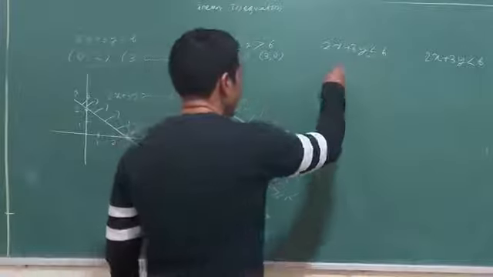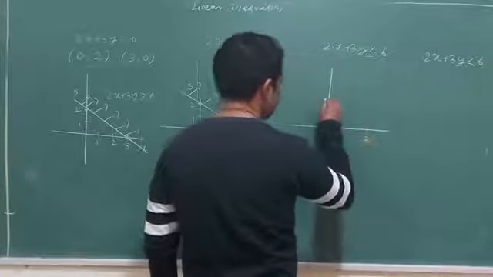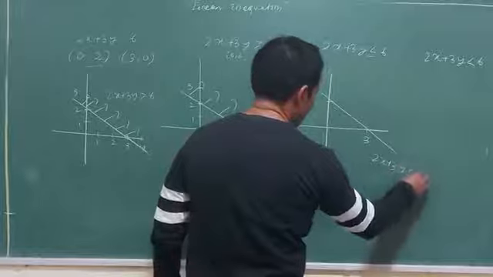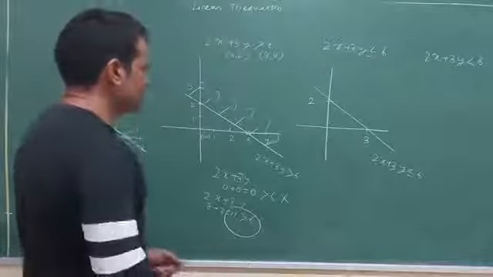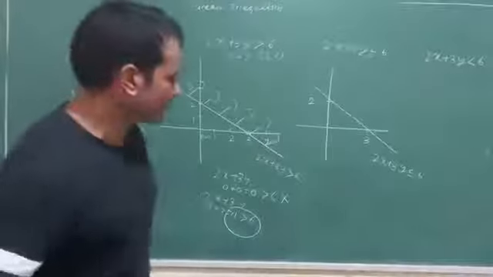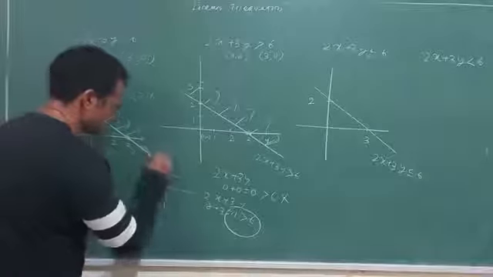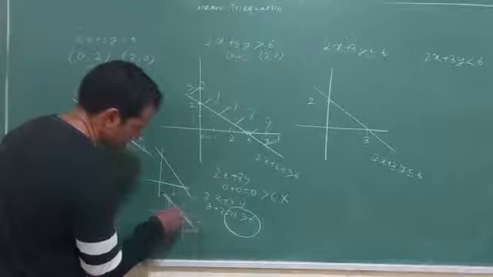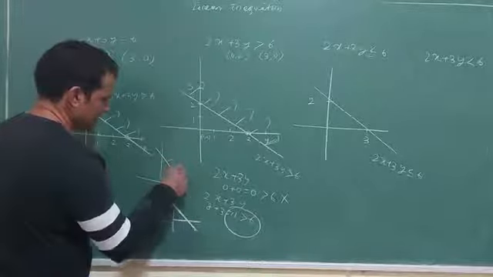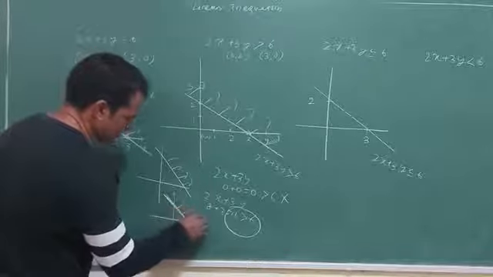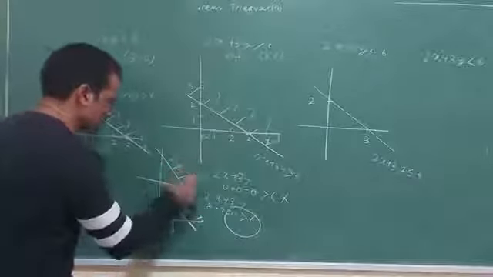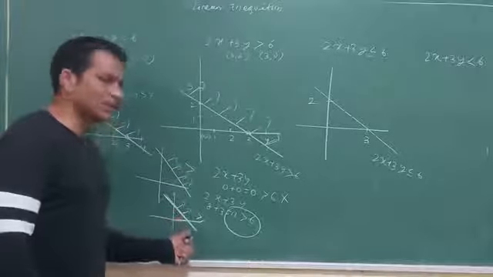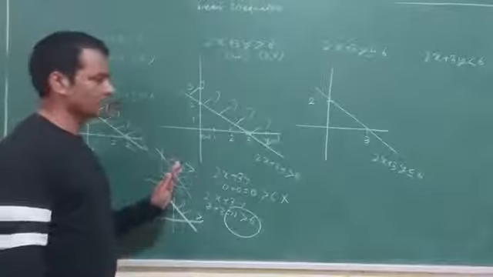Same question, suppose here this point is 3, this point is 2. I draw the line and write down 2x plus 3y, but this is less than or equal to 6. Less than, less than or equal to, greater than, greater than or equal to: the difference is in how you draw the line. Suppose the line is like this, another line is like that. Suppose this is outside and this is also outside. This is a little bit dark. This is greater than or equal to, this is only greater than. In greater than only, the line will be a little bit faint, and in greater than or equal to, it will be a little bit darker. That is the only difference, but the shaded part will be the same.